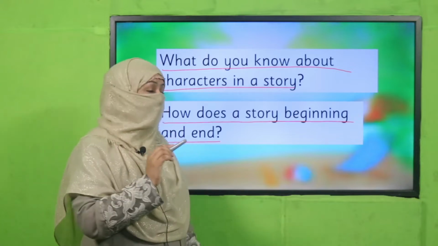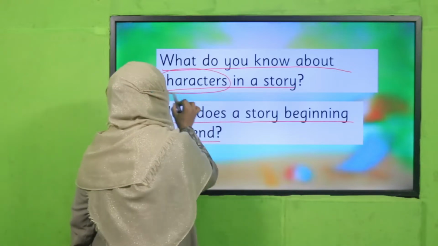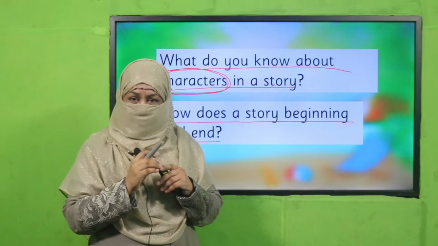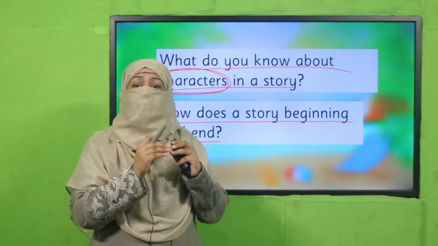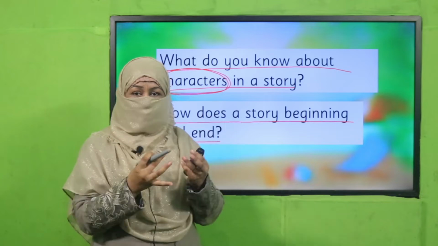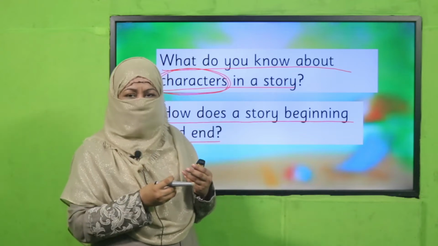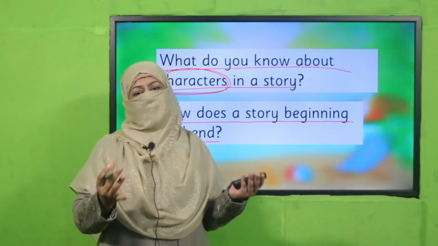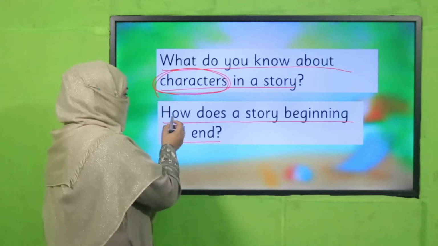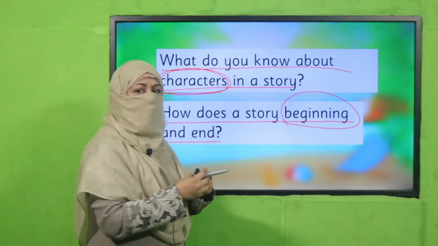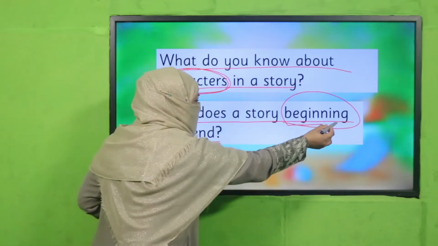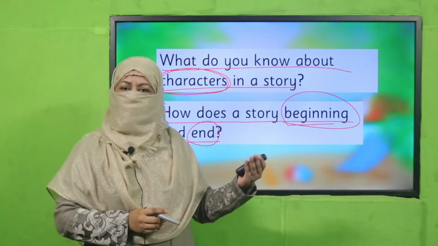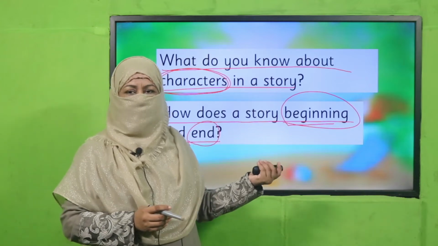Yes, my dear students, I hope you remember we have discussed characters. Whoever comes in the story is a character, okay? It can be a person, it can be an animal, it can be an animated person who does not really exist, just imaginary. So beta, when we are telling or writing a story, whoever comes in the story is a character, right? Remember? And we start a story from the beginning. This is how we start a story. This is the beginning. And then we keep on telling the things and finally we close it. That makes the story end.